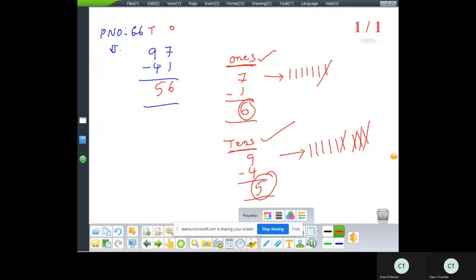Dear children, today's homework in our math is page number 66, question number 2. The homework problems are K, L, M, N, O. If you have the textbook, try these problems in it. This is a small homework for you, children. In our next class, we will solve the remaining problems from the math textbook, that is page number 66.